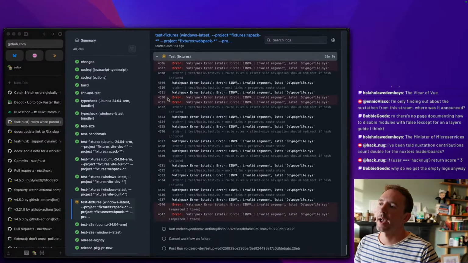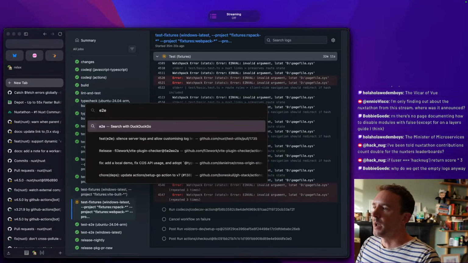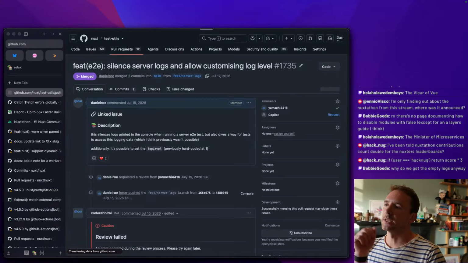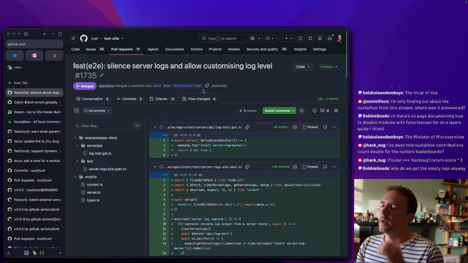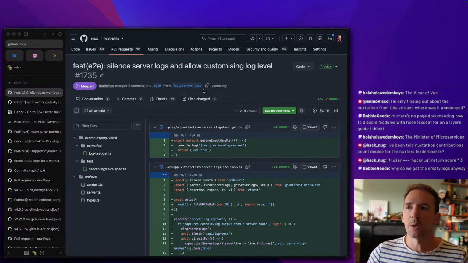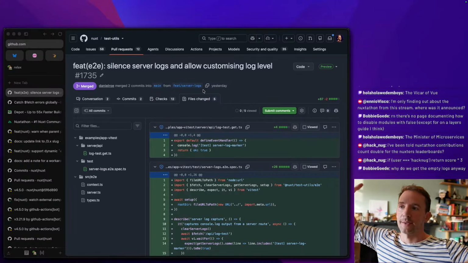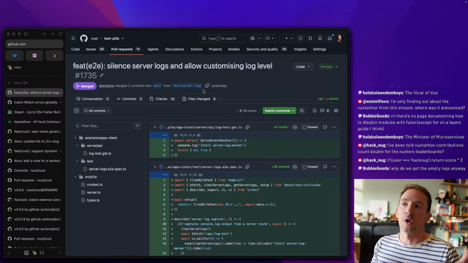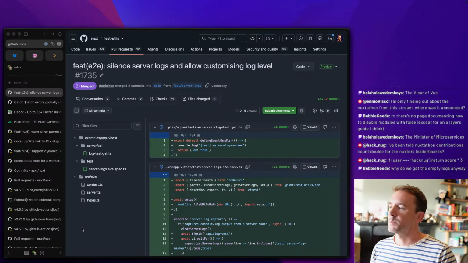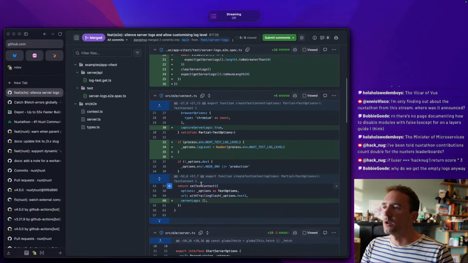Bobby, I actually merged, I'm calling it a feature, into nuxt test utils, which silences logs. At the moment, none of the logs are accessible in any way to the actual test. So if you're running it within vitest, you just get lots of mess on the screen. The tests can't access it, and so it's just, in my opinion, not helpful. So this PR changes it so it captures everything. So the server logs are captured